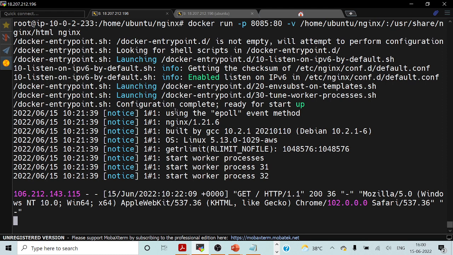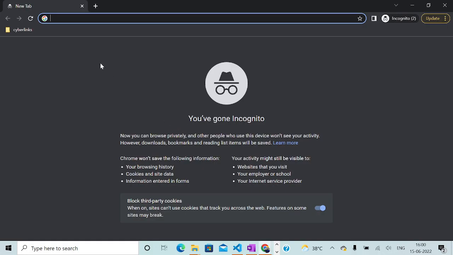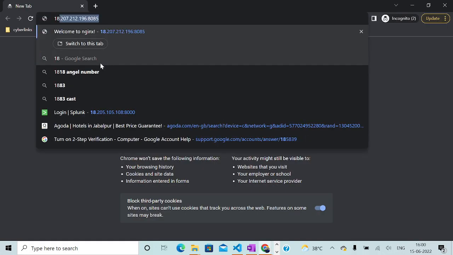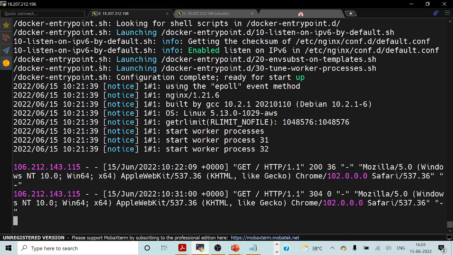In the previous demonstration, we ran the container, as you can see on the very first line. We are basically referring to the absolute path, home, Ubuntu, Nginx, right? So for example, if we have different nodes and we really want to refer to the same path in the different nodes, how will we do that? That's what we are trying to accomplish using a path variable. Our Nginx server is running, and if I go to my incognito mode and enter this, you can see that the content is being served with the help of the Nginx server. So if I go back to the terminal once again,